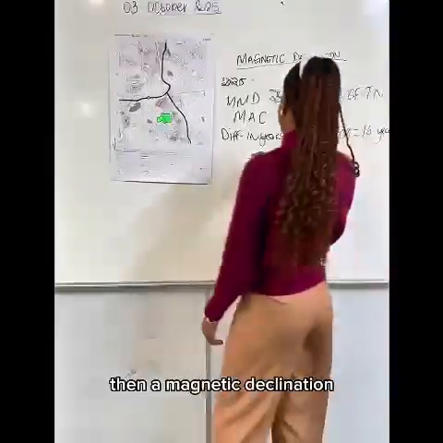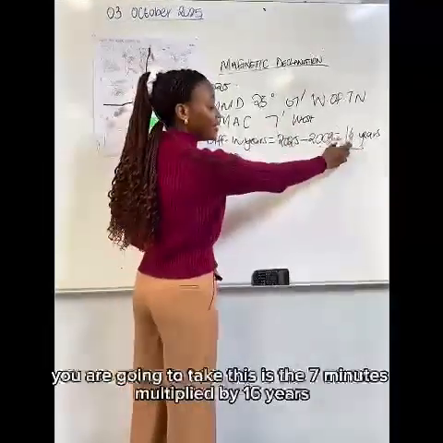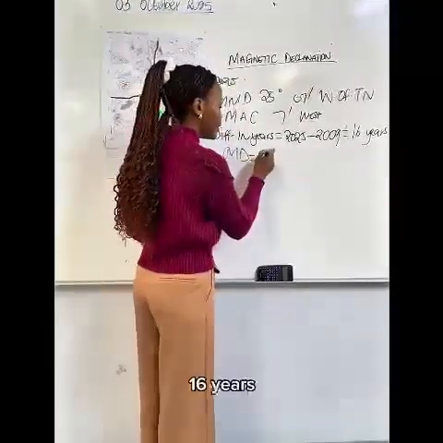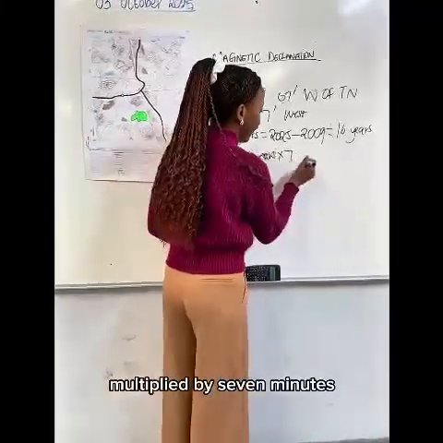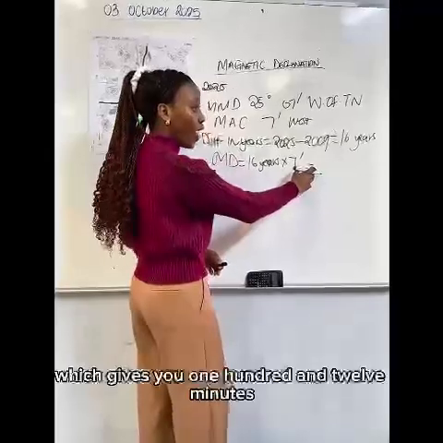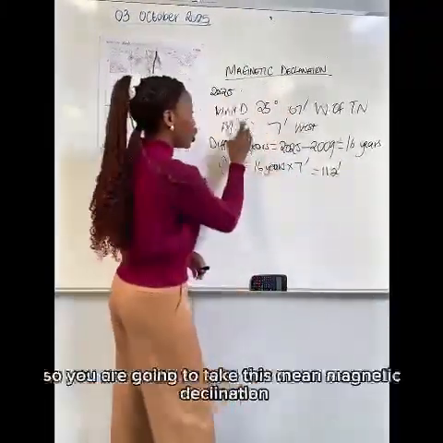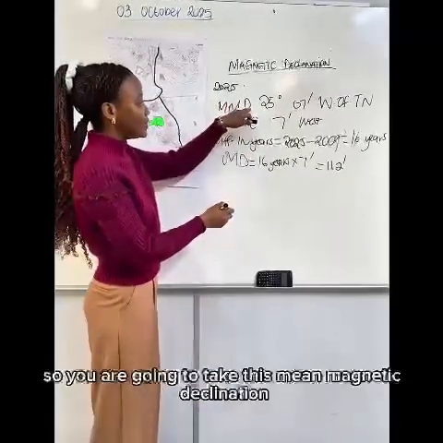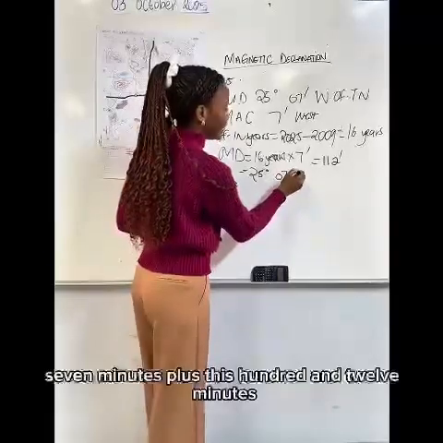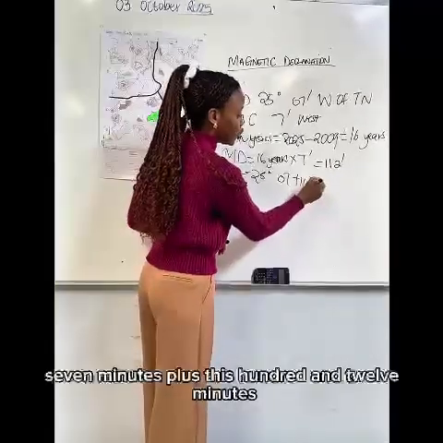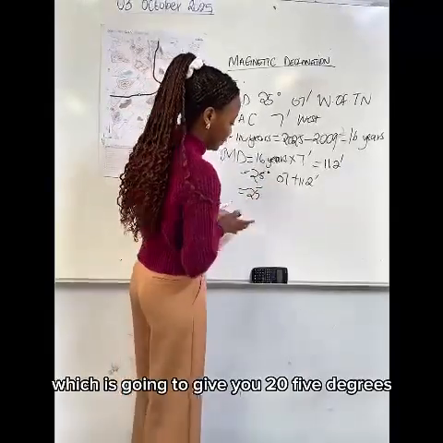Then for the magnetic declination, you are going to take these 7 minutes multiplied by 16 years, which gives you 112 minutes. So you are going to take this mean magnetic declination, which is 25 degrees 7 minutes, plus this 112 minutes, which is going to give you 25 degrees